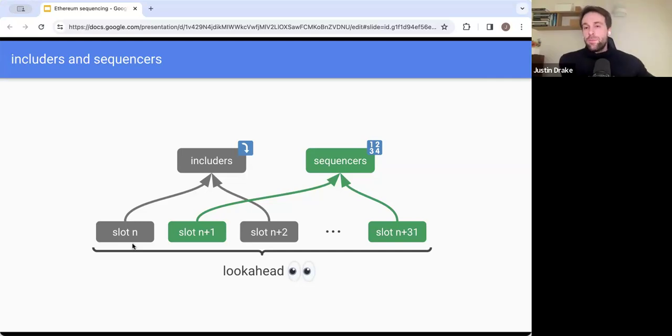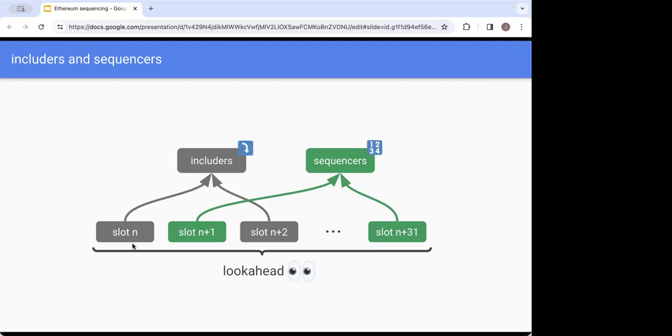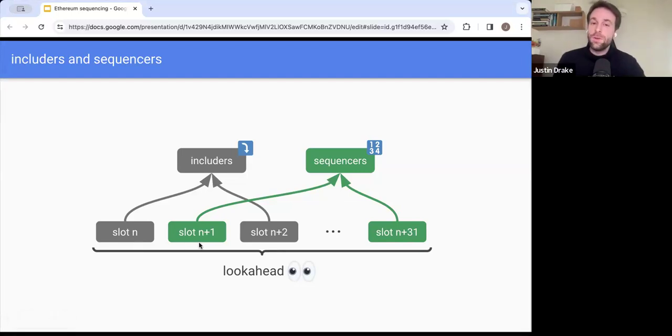Right. So in order to provide preconfirmations, you have to have sequencing rights. Otherwise your preconfirmations are worthless. Yes, the rollup would be designating the sequencing rights not to all L1 proposers, but only to L1 proposers that are in this look ahead, only the L1 proposers that are also preconfers. Yeah, so this is the suggestion. Those L1 proposers that are simultaneously in the look ahead and have collateral, in this case the green proposers, are the ones that have sequencing rights for the rollups. Okay, so that is the proposal.